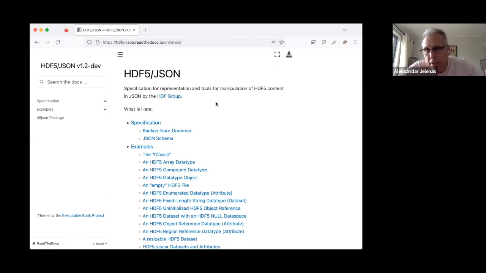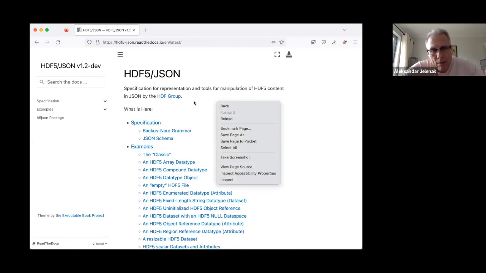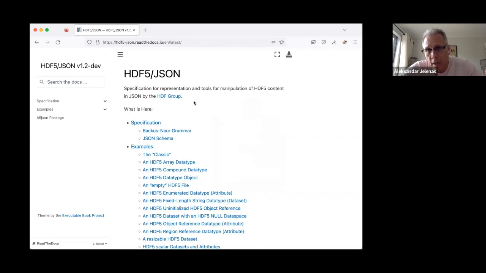It has a lot of similarities; essentially it is HDF5 JSON plus some other things. And the third one, not very well known, is a project called HDF5 Product Designer, which